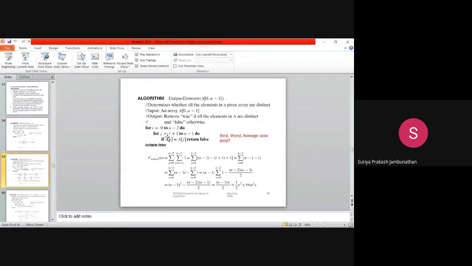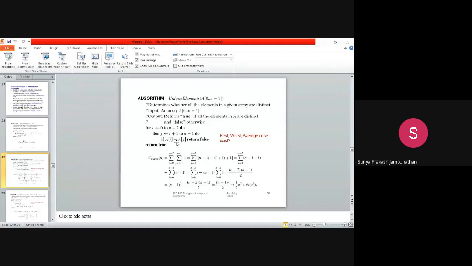Inner for loop, now it will be incremented. Already we made 2 plus 1, so now it's 3 plus 1. Here the I value is 2, we made 2 plus 1, so A of 3 we made actually. Now the J value will be 3, and 3 plus 1 will be 4.